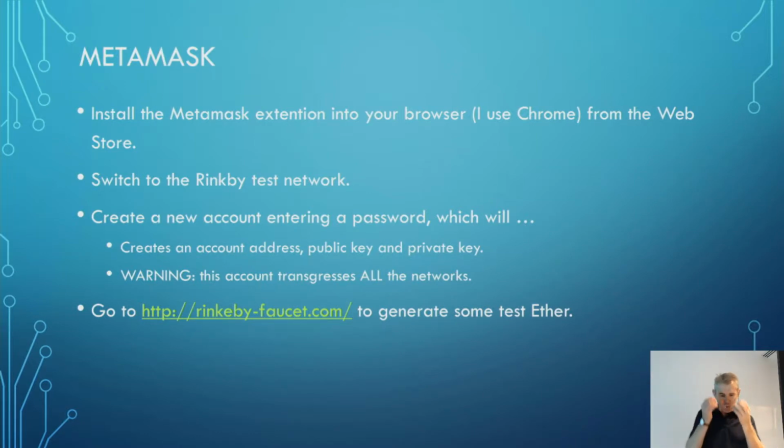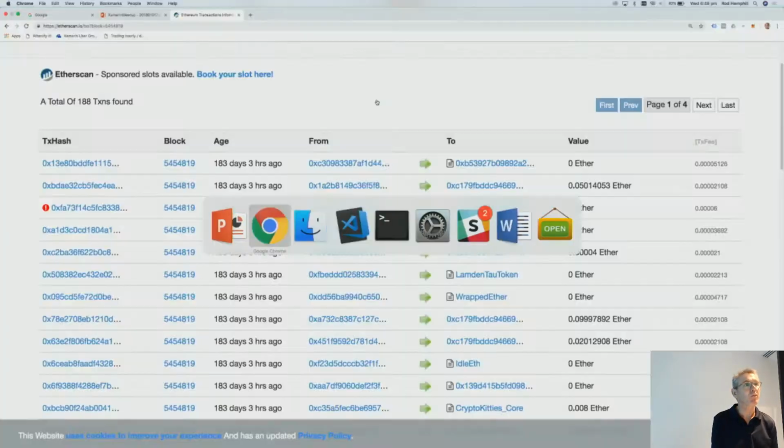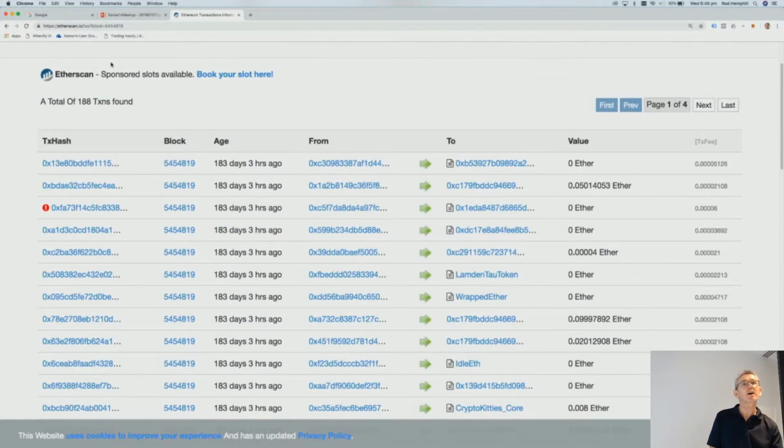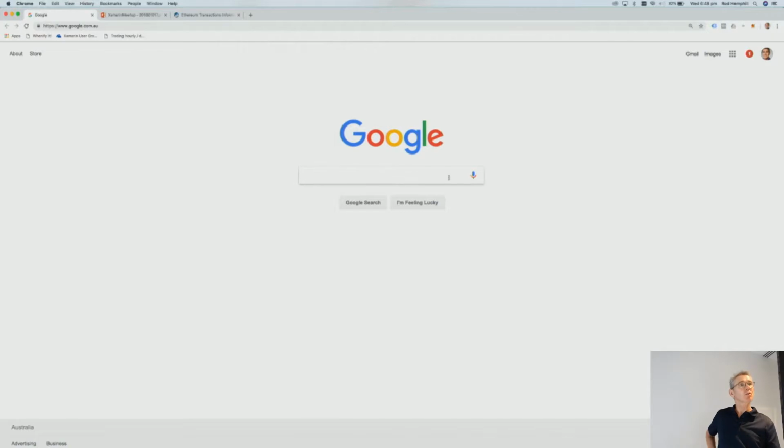MetaMask. I'm going to show you MetaMask. I have Google Chrome, and I've added MetaMask as a plugin or an extension to Chrome, and here it is. It's this little icon up the top right called MetaMask. So when I click on that,